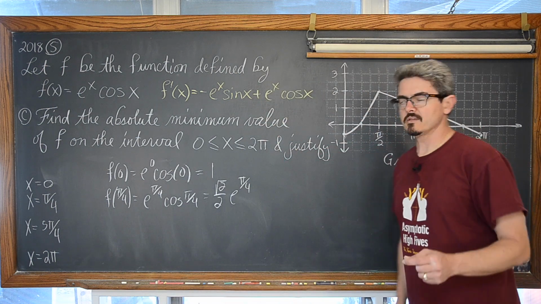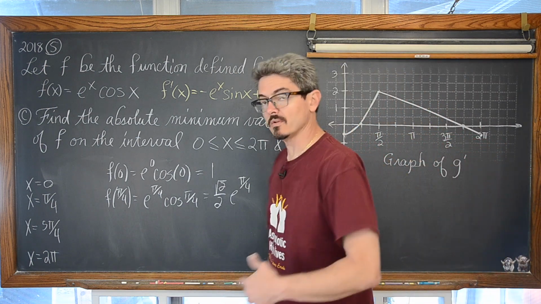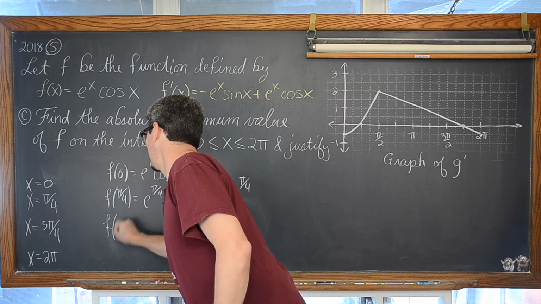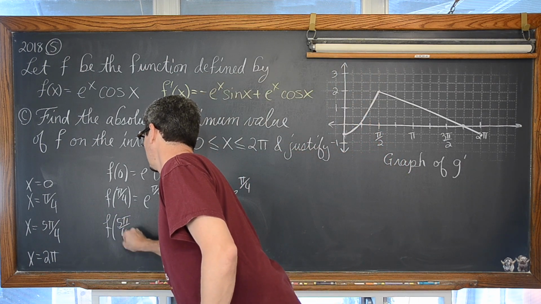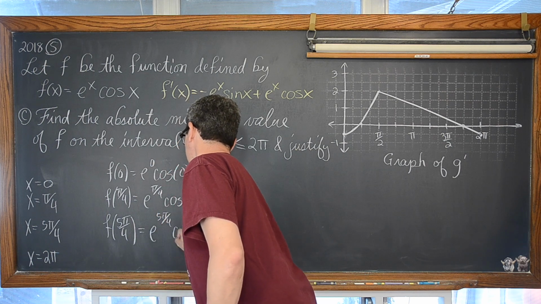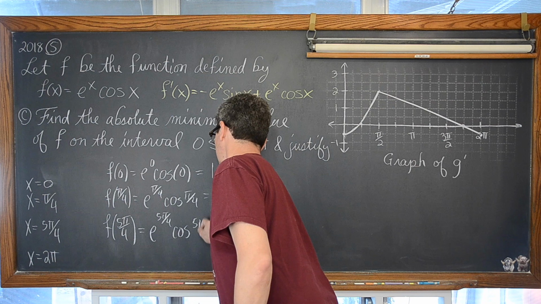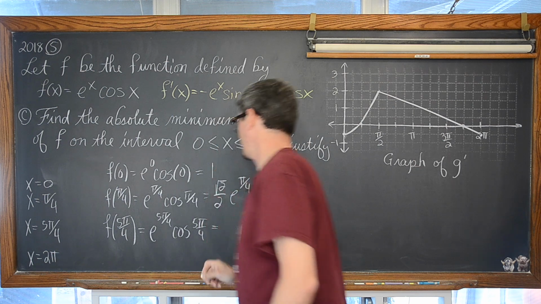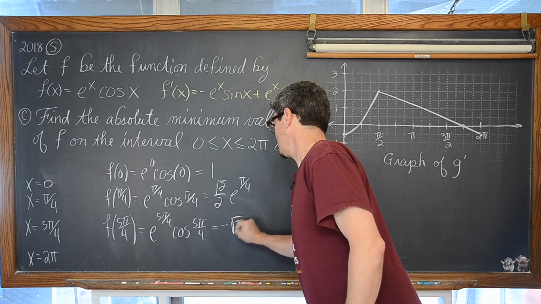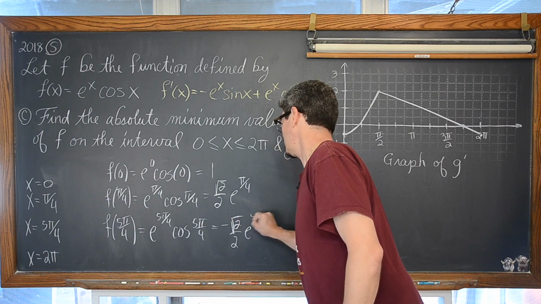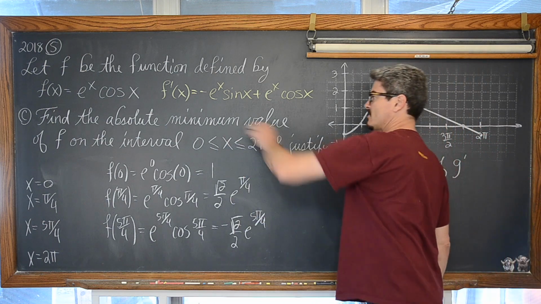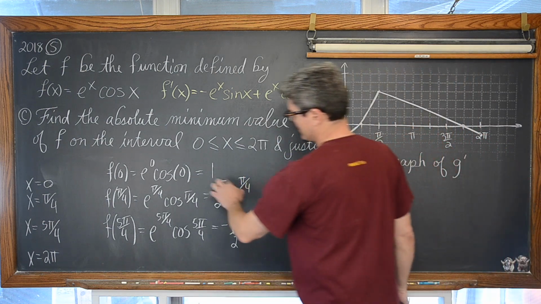You can definitely see that AP is expecting us to know our unit circle as we do our AP test, of course. f of 5 pi over 4 is e to the 5 pi over 4 times the cosine of 5 pi over 4. Well, that's going to be negative square root of 2 over 2 e to the 5 pi over 4. We're looking good so far for finding an absolute minimum, because you're starting to maybe look at some of these values and like,